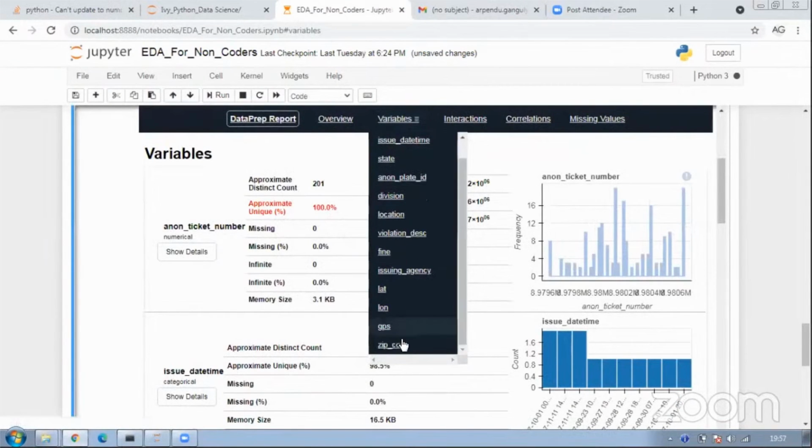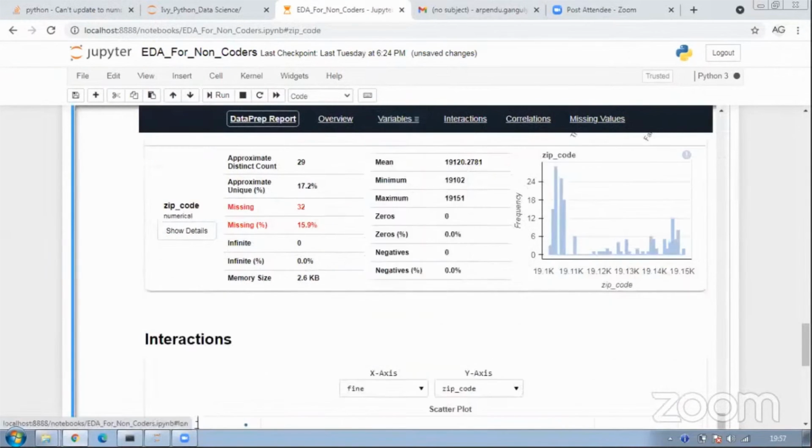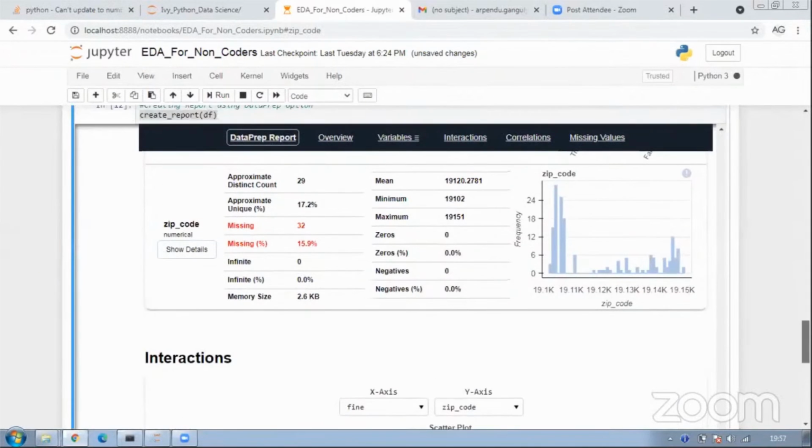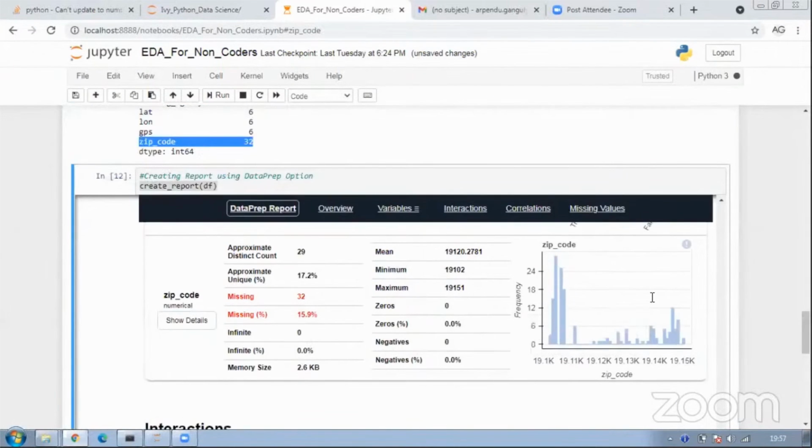Even though I cannot easily impute, because zip code is very specific, like the name of a person, I can say that zip codes generally range from 19102 to 19151. Out of 201, around 16% is missing, so definitely I need to impute the missing values. I can use KNN for this. So that's the second takeaway of this EDA.